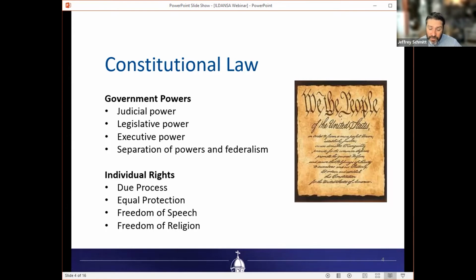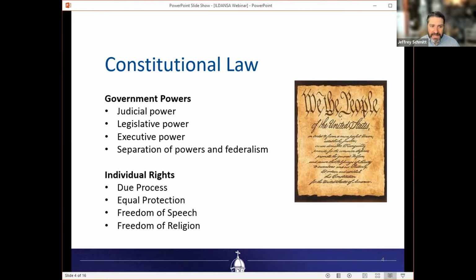And instead of doing an overview of the course, what I'm going to do is go in depth on an early lesson so you get a sense of what class will actually feel like. All right, so constitutional law, there are two major topics that are covered. The powers of the government, the structure of our government. So the judicial branch, the legislative branch, the executive, the powers of each branch, checks and balances. We're looking at the structure of how the US government works.